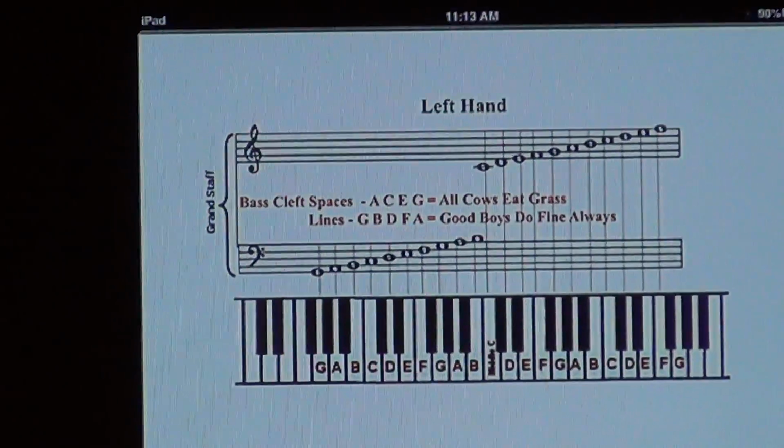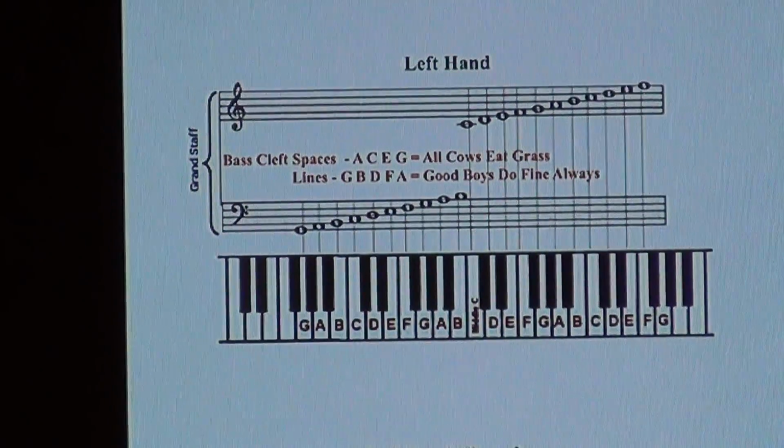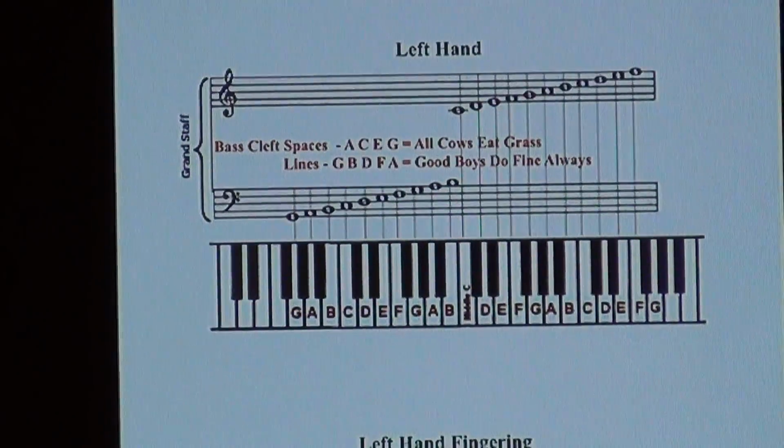Now let's do the left hand scale of C coming up. Put your pinky again on